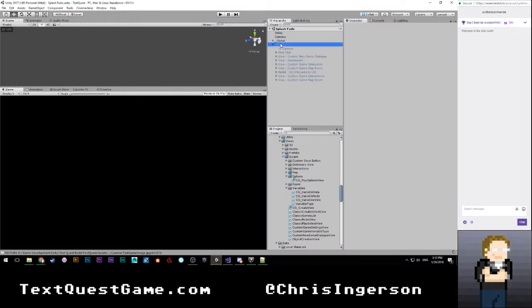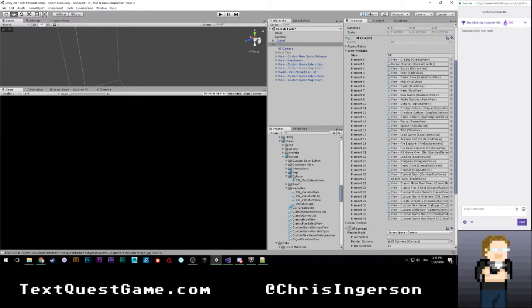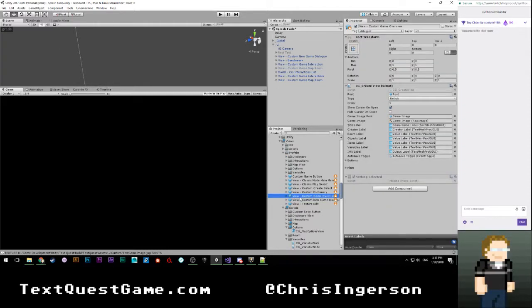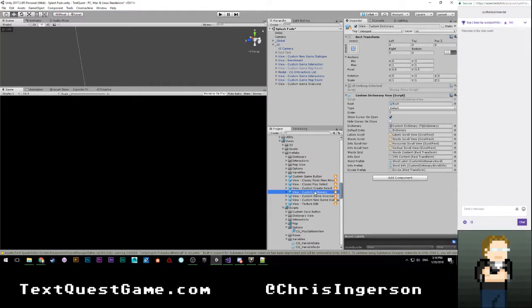Let that compile. Let's turn on our UI, and I'm going to grab our custom create. It's this one. Let's drag that up here. Well, I would drag that up, except I can't because Unity is lagging right now, so we'll let that compile. Oh, that's interesting. Is that how that works now? That would be weird, but I wouldn't put it past them to do it like that. Hold on, I'm curious. Let's see.